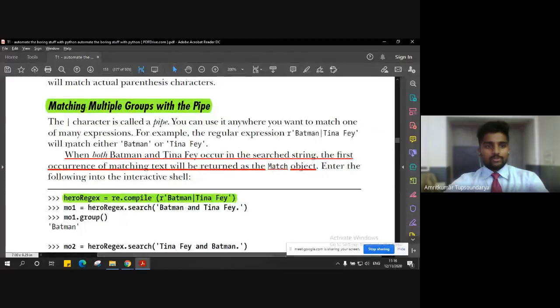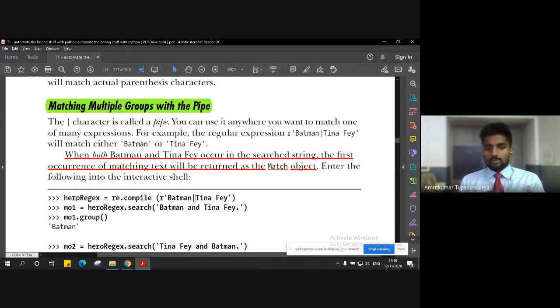Yeah. So another way to deal with regular expressions, matching multiple groups, is with the help of a pipe, right? So pipe, you all know what is a pipe, right? You can see simply here in this case, this character here indicates that it's a pipe, right? So how can we match multiple texts or multiple groups within the same message?